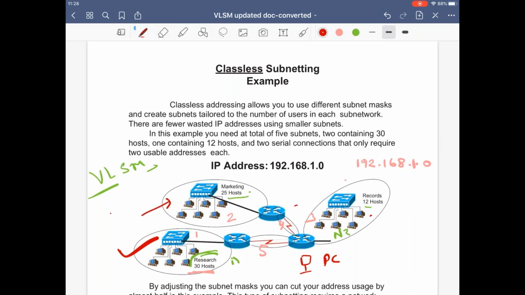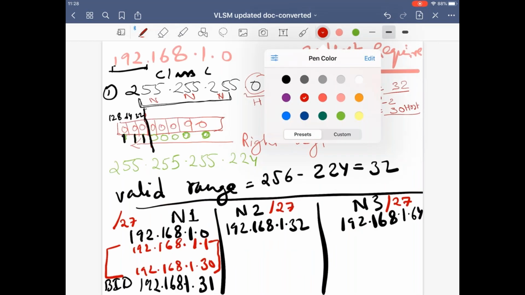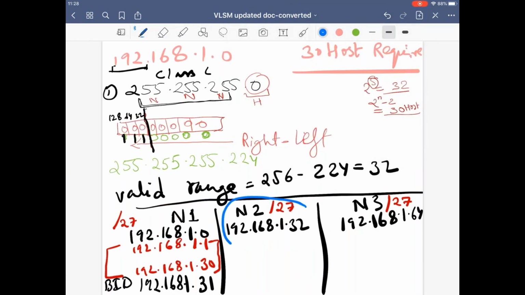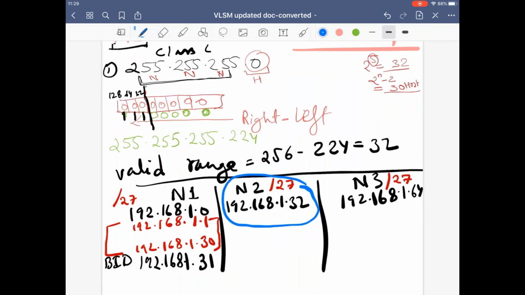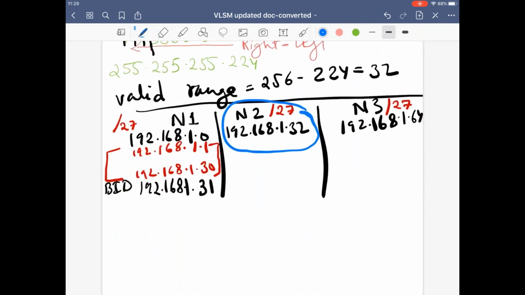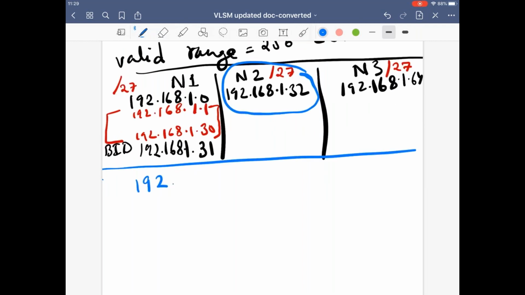Now we will move to the second part, 25 hosts. Now for 25 hosts, we will use this. How will we use this? See now, we will use 192.168.1.32, and the slash value is 27, which means